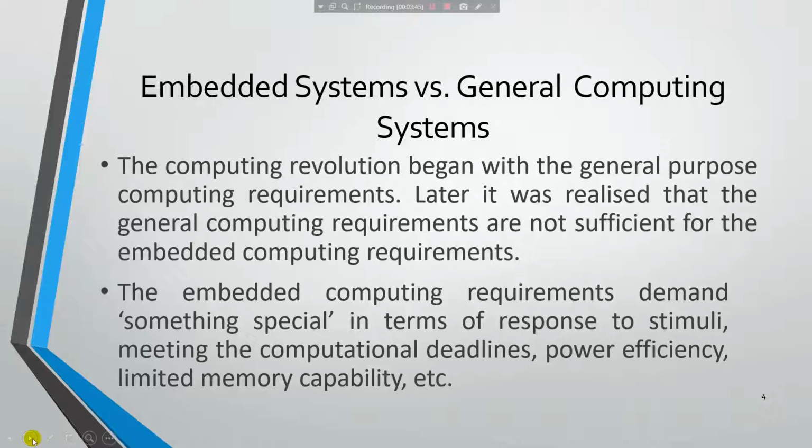This can be considered as a particular hardware. So that can be computational deadlines, power efficiency, limited power, memory capability. These are the main things you need to remember when you are designing a particular hardware. Computing deadlines is something like, if I set a certain temperature for an AC, it has to respond in a few seconds. If it is not responding, then what is the use of using that hardware in that particular system? And it should be power efficient and have less memory capacity. So these are the main things you need to remember while speaking about your embedded system and its applications versus your general computing system.